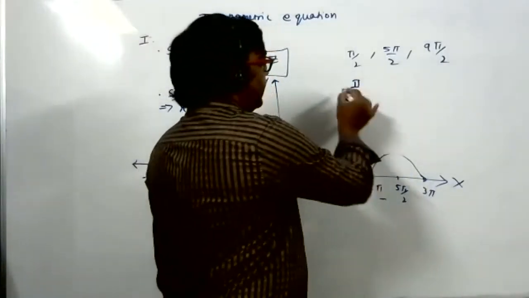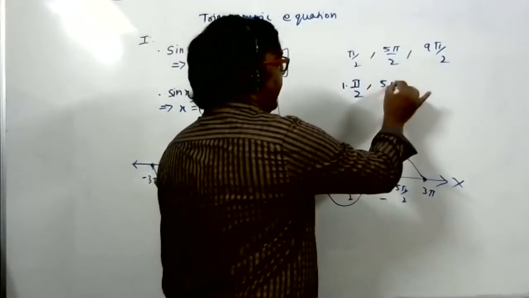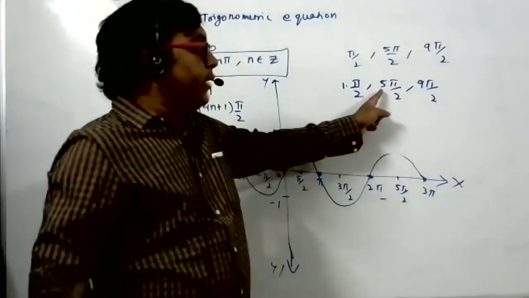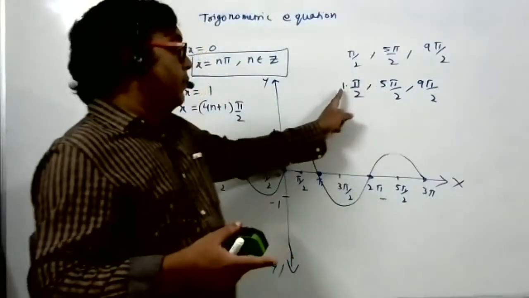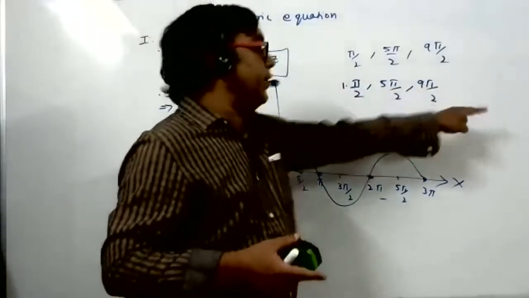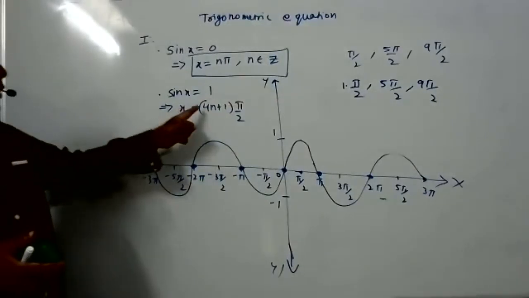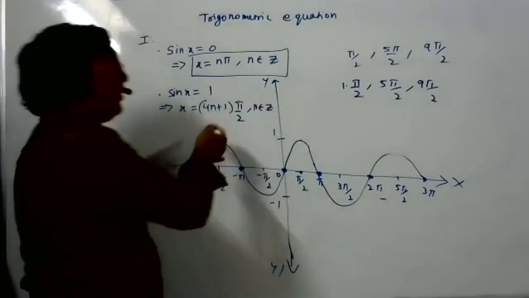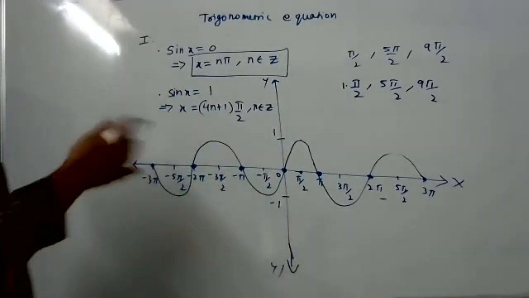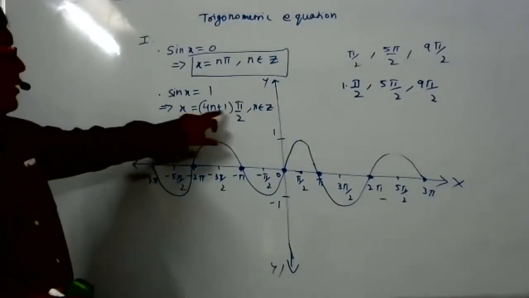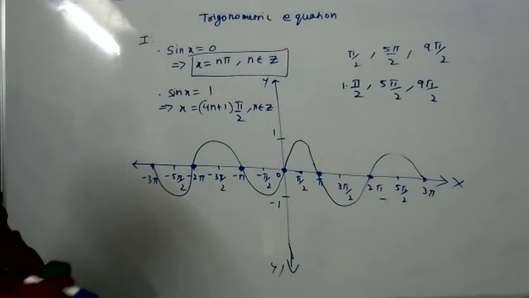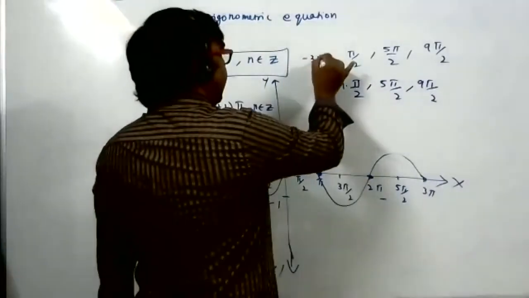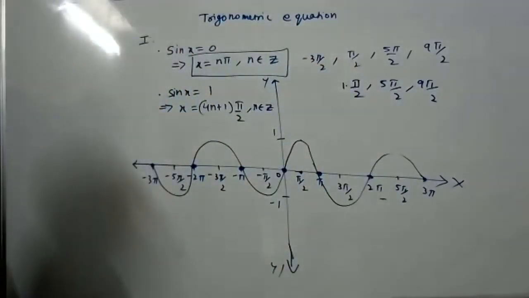This means it is 1 pi by 2, 5 pi by 2, 9 pi by 2. So it is like 1, 5, 9, more than a multiple of 4, plus 1. Next will be 13. By this pattern, orally also we can do that. General term will be 4n plus 1 pi by 2, n belongs to integers. Write down this one. I will again see by AP why it is not coming, but I think you can understand that 4n plus 1 pi by 2 will give all the answers. Even negative values it will give because n is an integer. So negative means we are getting minus 3 pi by 2. We'll get the answer. Why AP we are not getting, I will do more research and tell you.